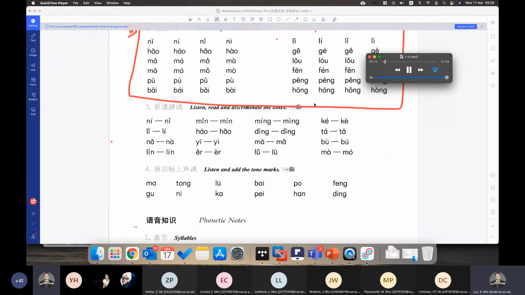3. 听读变调：你、你、敏、民、明、命、可、克、理、离、好、好、丁、顶、塔、他、哪、那、一、亿、妈、马、不、不、拎、林、耳、二、吕、绿、墨、魔。